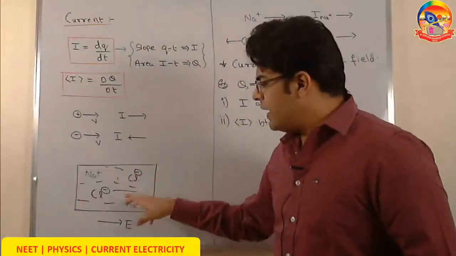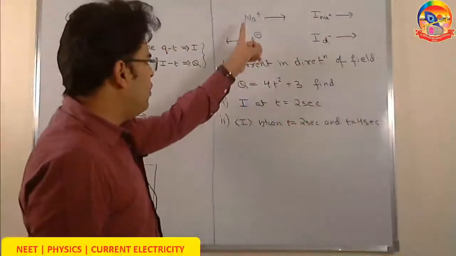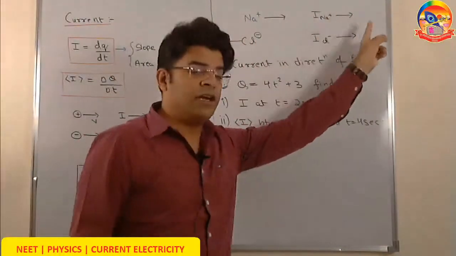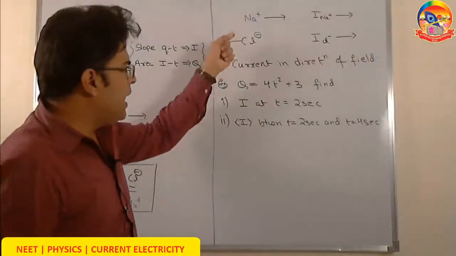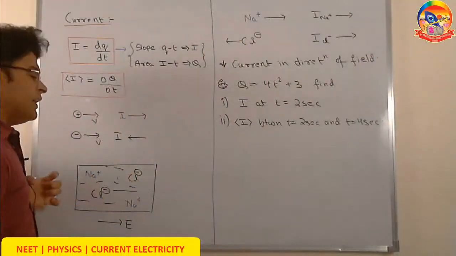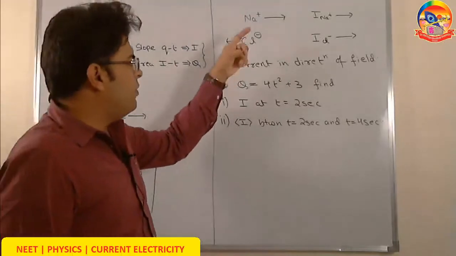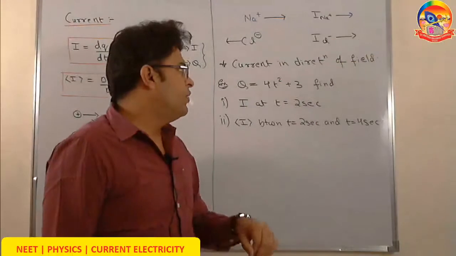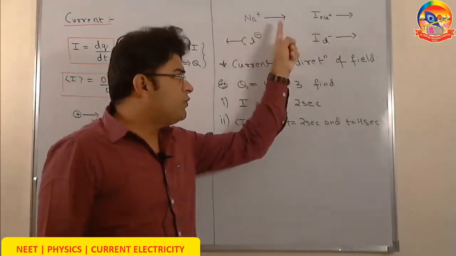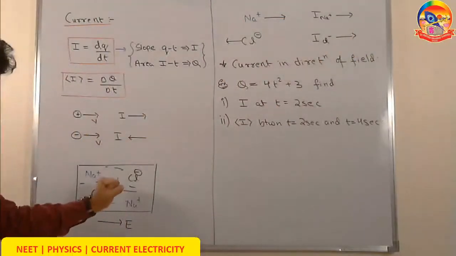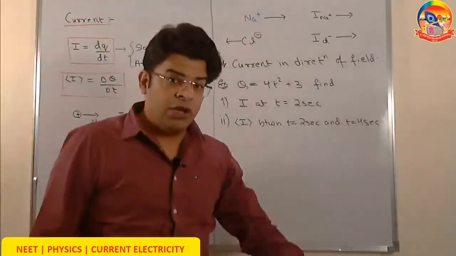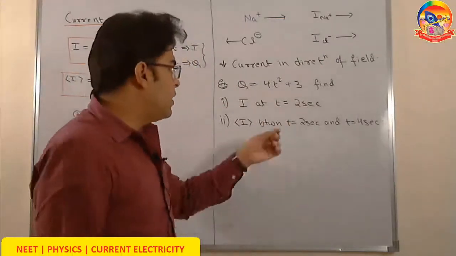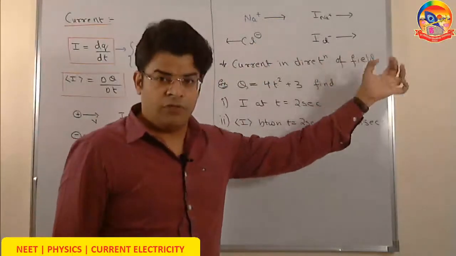Now since the positive ion moves towards right, because of the motion of sodium plus ion in direction of field, since it's positively charged ion, we will say that the current is towards right. The chlorine minus ion, on the other hand, will start moving in direction opposite to field. Since chlorine minus ion starts moving towards left, we again say that the current is towards right. Because of the positive charge going towards right, current is towards right. Because of the negative charge going towards left, the current is towards right. So irrespective of which type of charge particle we have, the current is in direction of field.